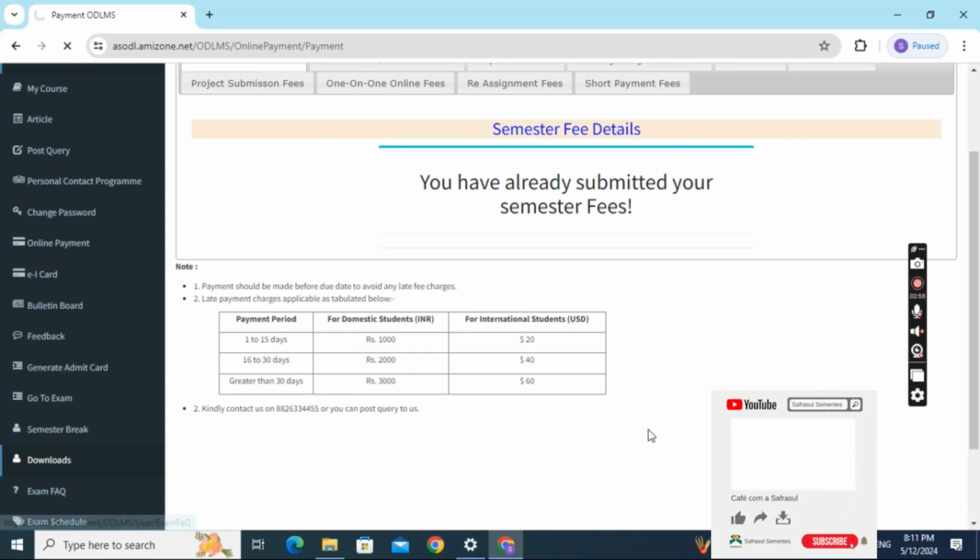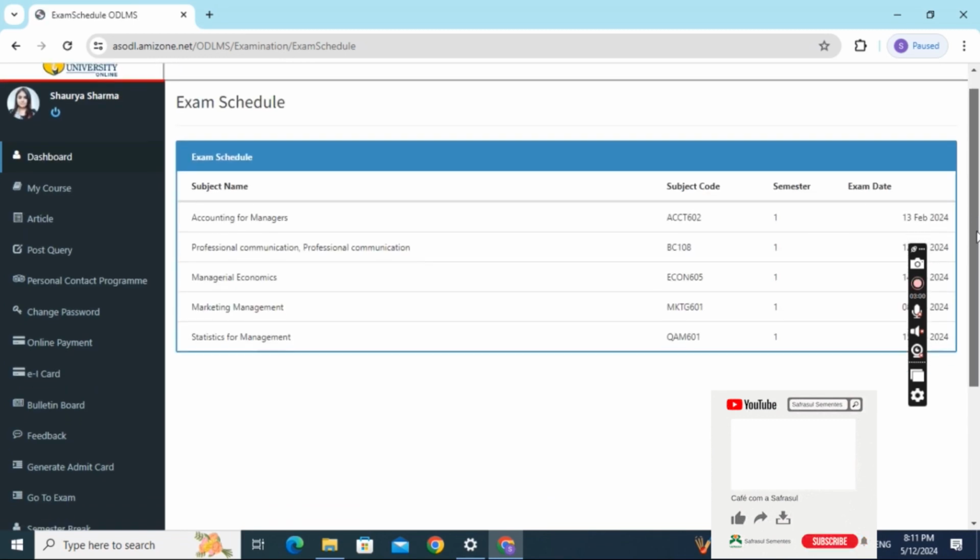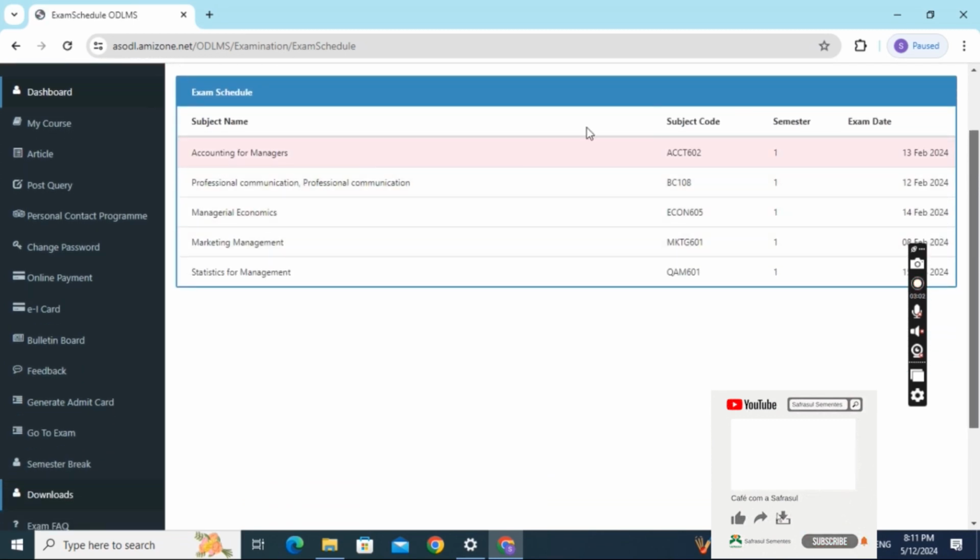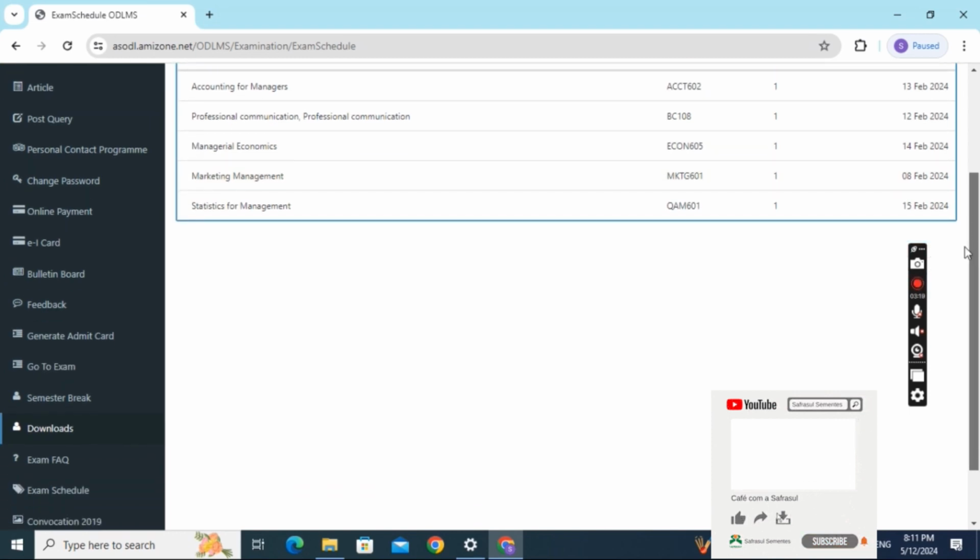This option we use to get the exam date sheet. Once we get the exam date sheet, you will get the option to schedule your exam along with the available slots, and you can schedule the exams as per your convenient slots.